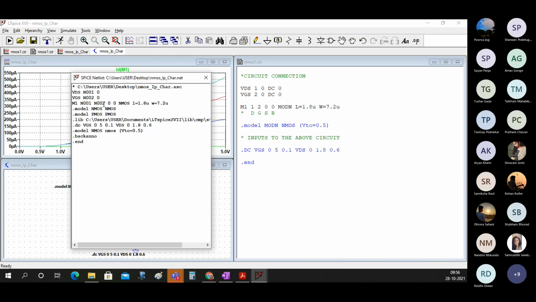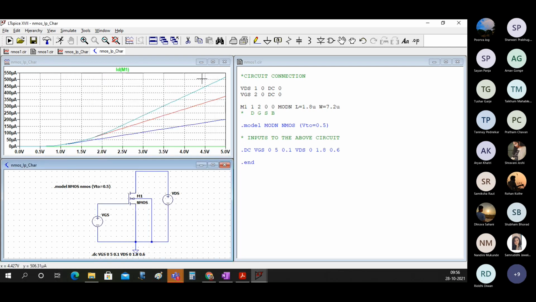This is again 1 2 0 0. Can you see this line? And then .model. So these are some similar kind of lines you will see there. And this .backano and .end are for plotting this through these graphs.